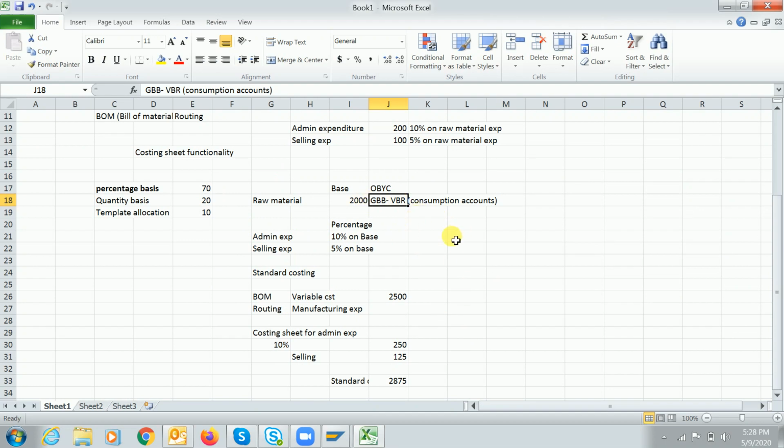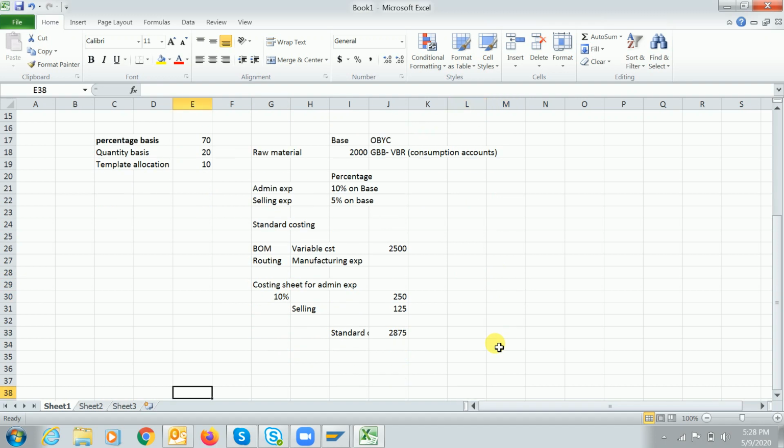While consuming the raw materials, while producing the finished product, we are consuming the raw material or semi-finished goods, whatever we have maintained in the bill of material. Let me tell you about consumption accounting.